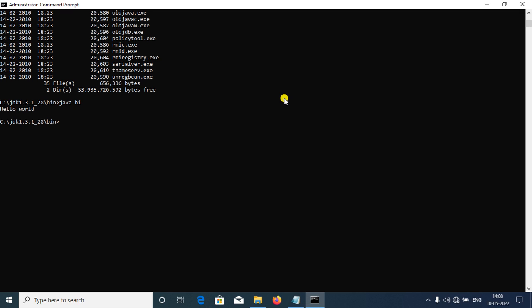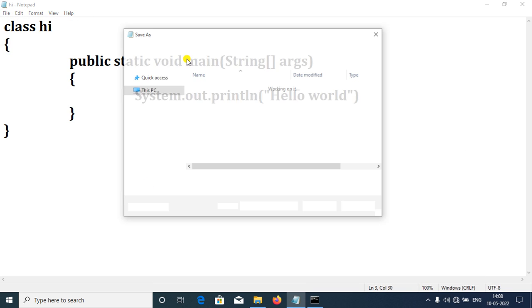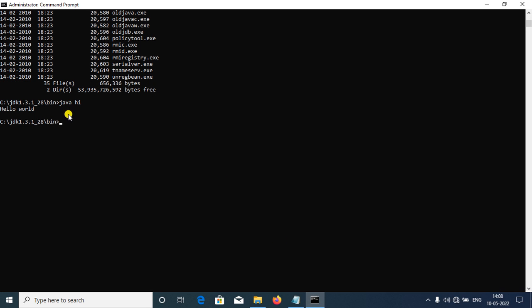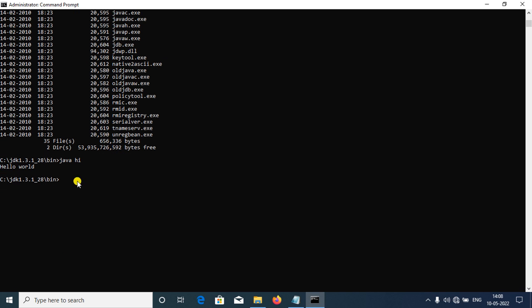I can just directly compile. If I write another program also, I can directly save it here, because it is coming directly in the JDK folder. I can directly compile here, because we are already in the same JDK version.